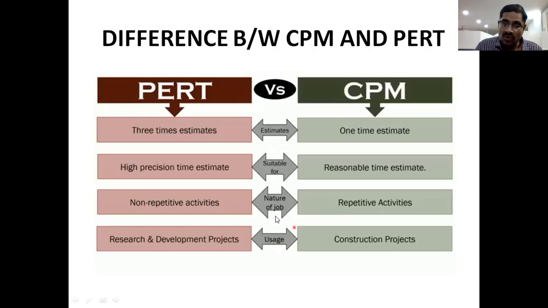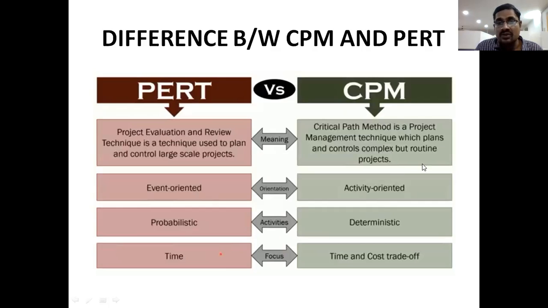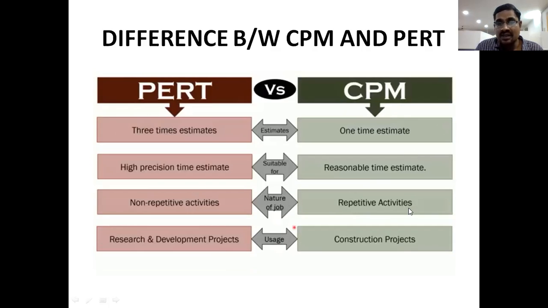Next, coming to another difference between these two: nature of the work, nature of the project, or nature of the contract. CPM has repetitive activities. Already I told you in the previous slide. So it is routine, right? The same point, repetitive activities are in CPM projects. But the nature of the contract or nature of the work in PET is non-repetitive activities. Non-repetitive activities. Suppose take the example of repetitive contracts.